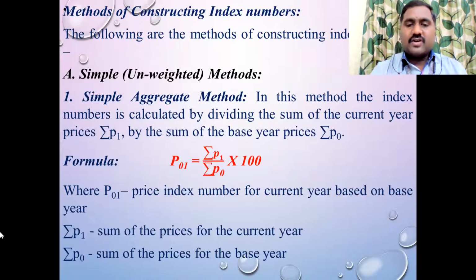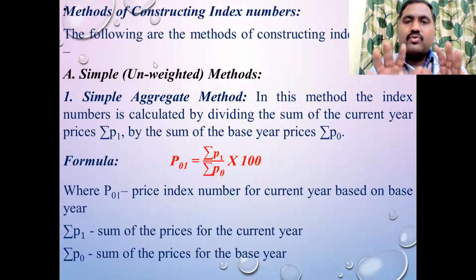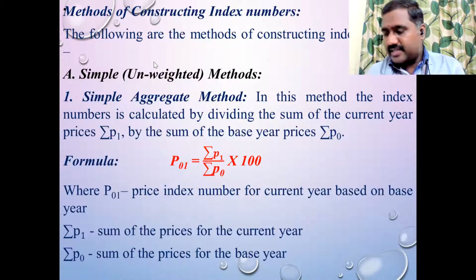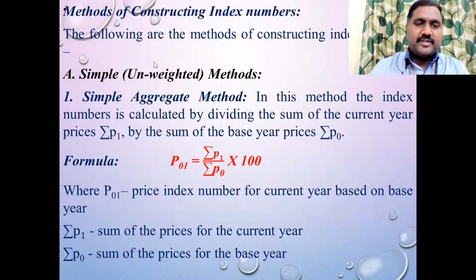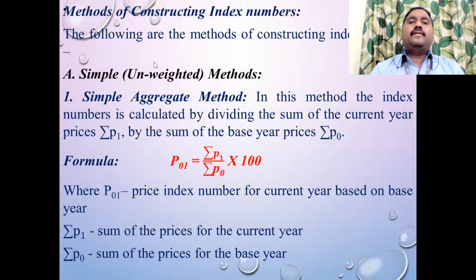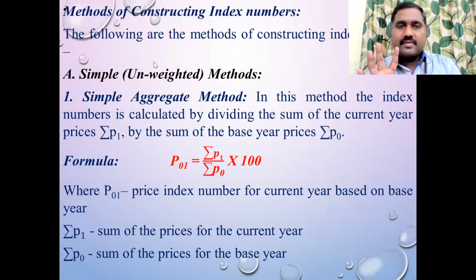Are there any doubts in the concept of index number? The reason I have taken this much time is that you need to understand the terms and the concept of index number. Otherwise, you will just understand how to do the problem, but you won't know the reason behind it. Any doubts, guys? If you have any doubts, please ask me. Please note down the terms in the index number. That is very important. Also the different types. Construction of index number is very important. They may ask you 5 marks.